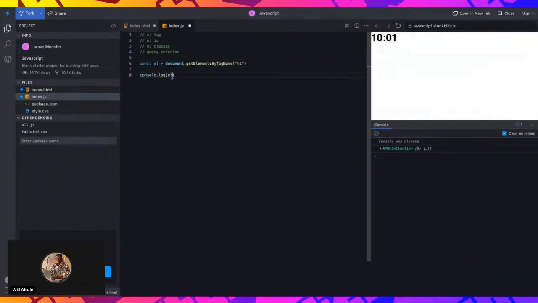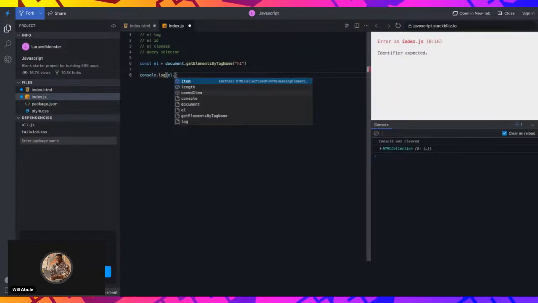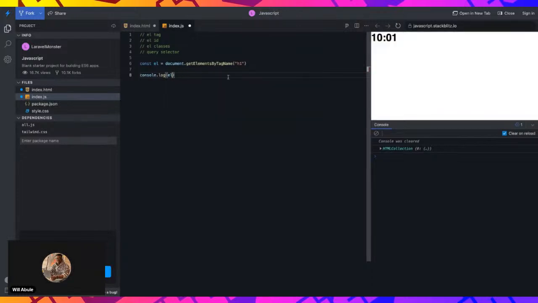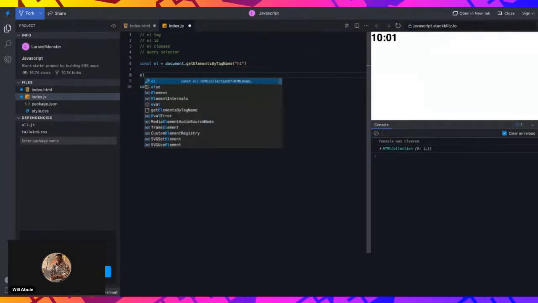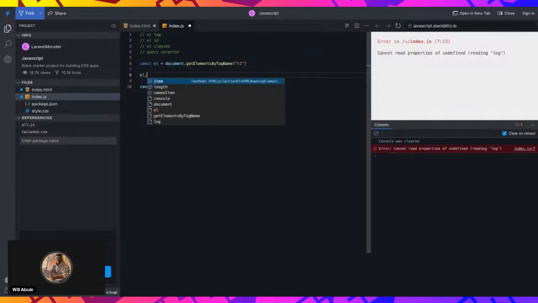So for example, if I target this specific element, I can say el, which is a specific element, dot